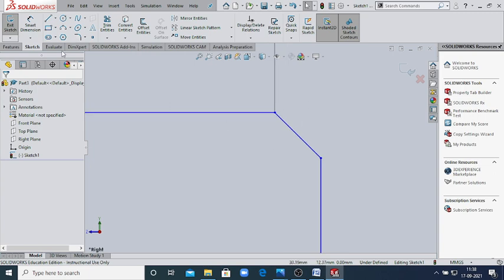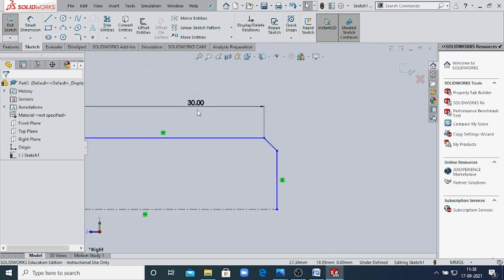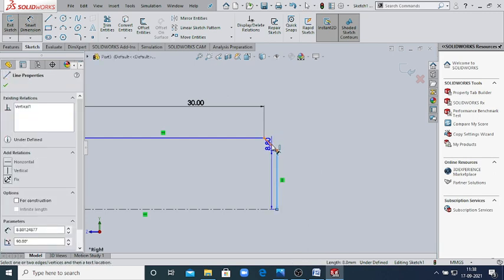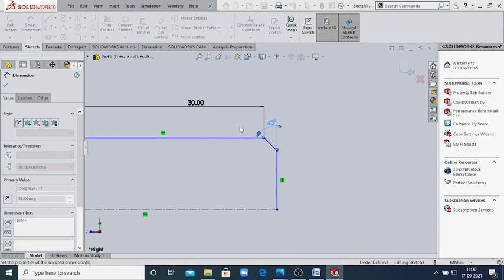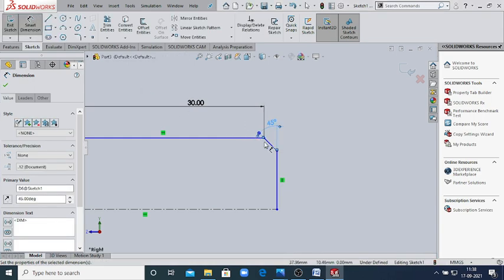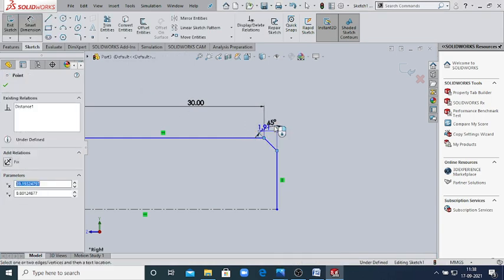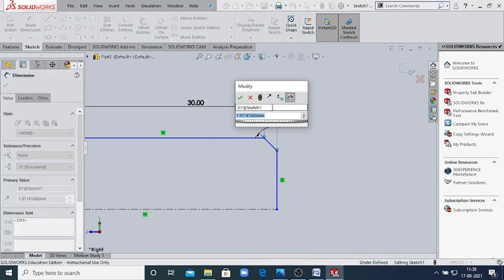Now we'll set these values. So this dimension is 45 degrees the angle, and the distance from this point to this point is 0.8.